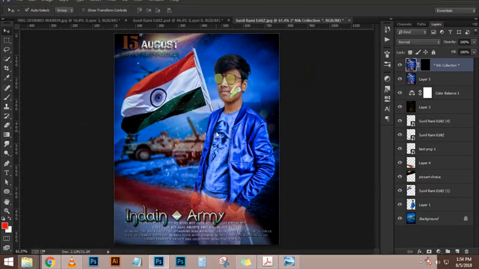And press OK. Now, what I'm going to do now is click on the brush tool. Select black as my foreground color so I can paint it black. I'm going to increase the size of my brush by clicking on the right bracket key on the keyboard. And I'm just going to paint